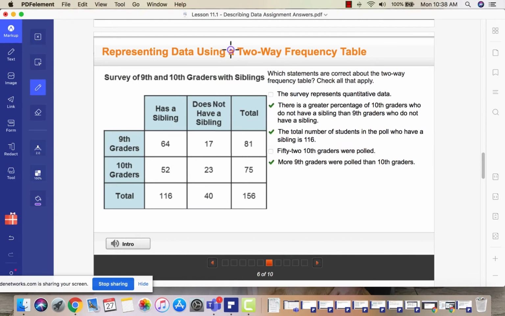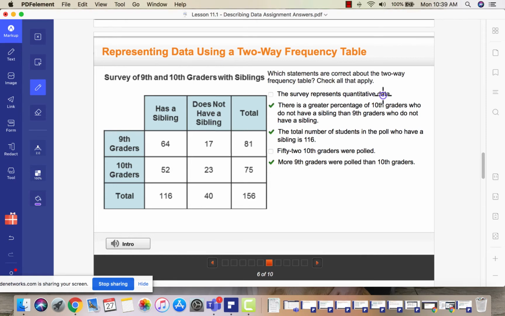And that's this one right here. All right, so this has to do with which statements are correct about two-way frequency tables. So you're going to be looking at the data here, and we're going to be determining whether or not this is qualitative or quantitative data. So this has to do with qualitative